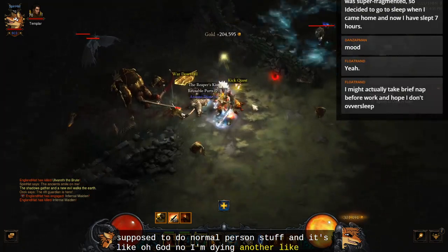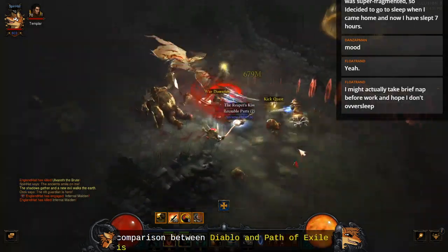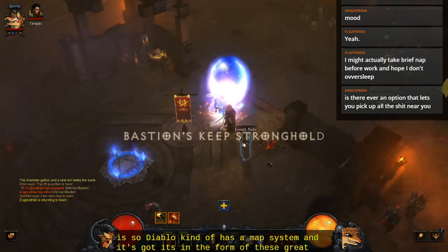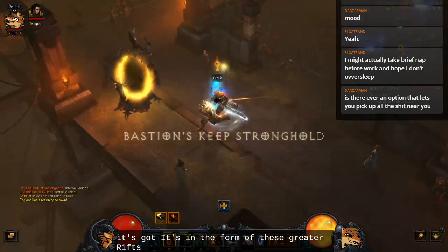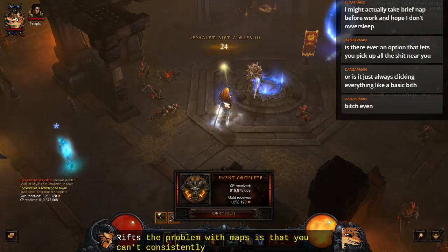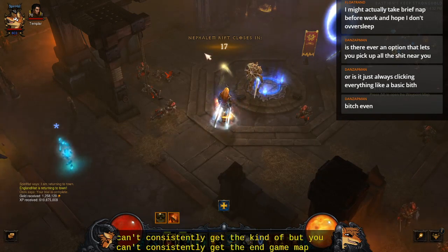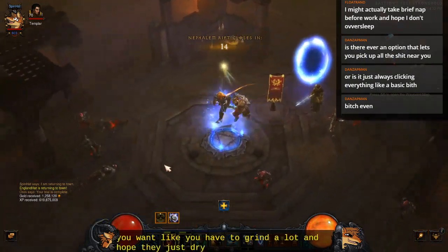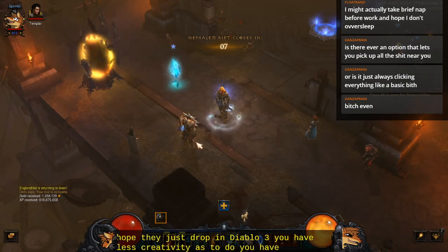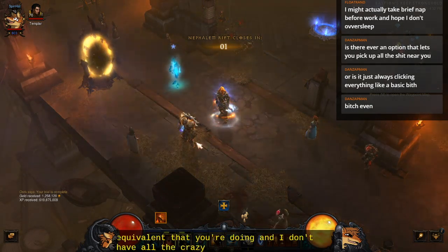Oh, another comparison between Diablo and Path of Exile is... Diablo kind of has a map system, and it's in the form of these greater rifts. The problem with maps is that you can't consistently get the end game maps that you want. You have to grind a lot and hope they just drop. In Diablo 3, you have less creativity, or less details and specifics about the map equivalents that you're doing, and they don't have all of the crazy modifiers. But